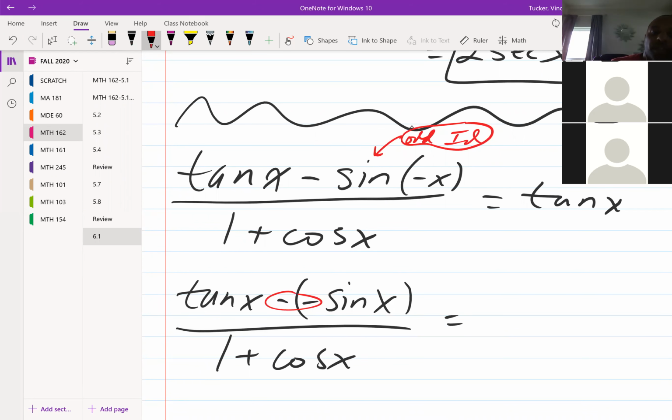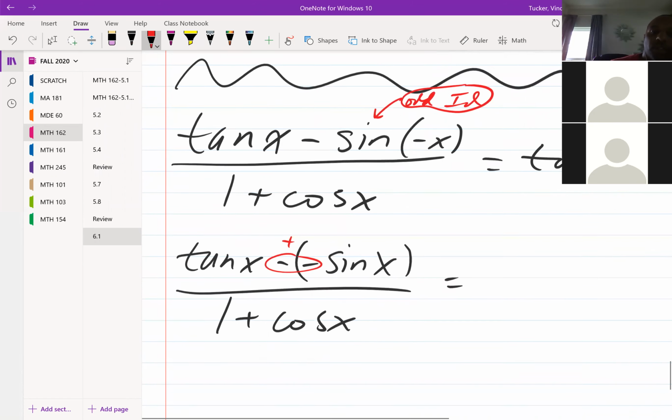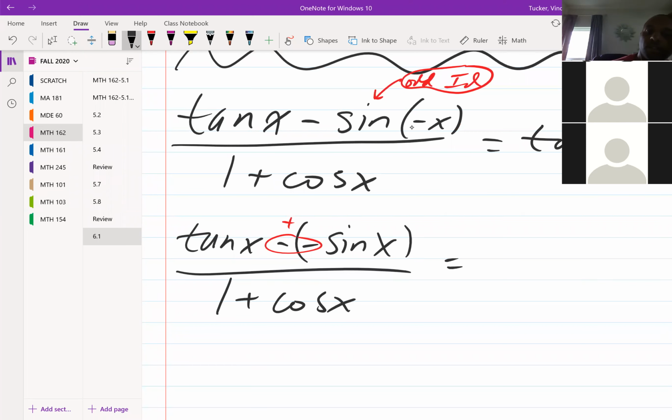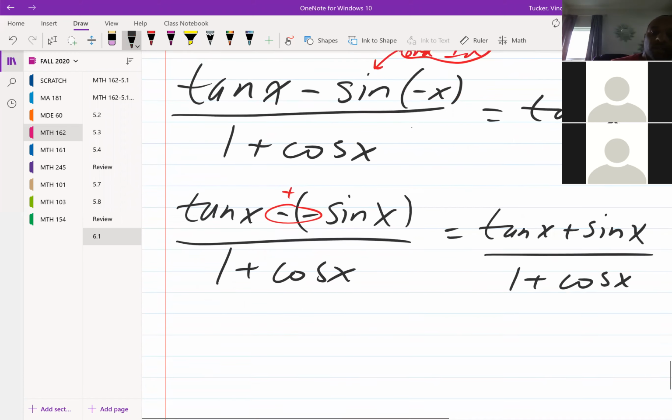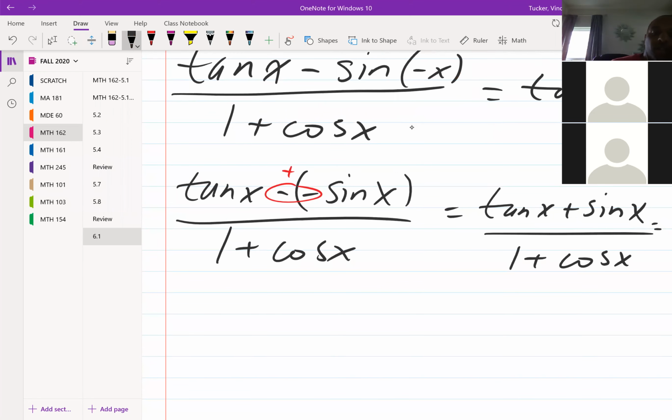So now negative to a negative turns positive for us. All right, so we can turn tangent into cosines and sines. Cosine and sine, I should say,